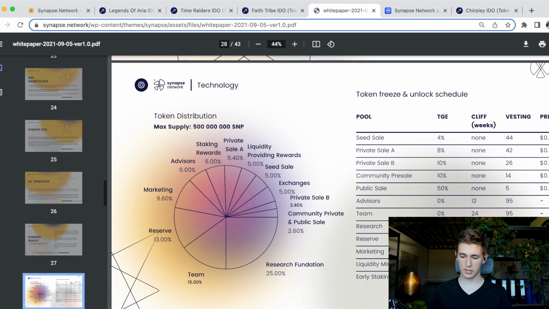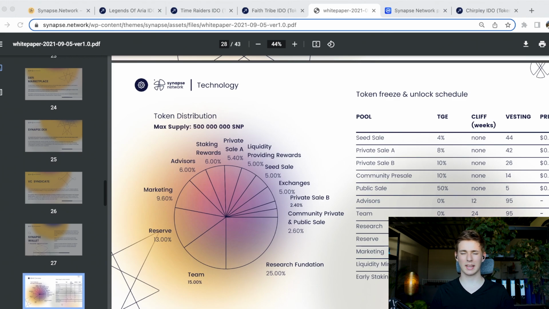That's good. And then vesting for 95 months. So very long vesting, very long cliff. That's always good to see. 0% at TGE and an average 15% for the team. So that looks good. As for their rounds, they have a 0% cliff, release at TGE, and pretty long vesting apart from the public sale. So that is all pretty standard, doesn't look too bad.